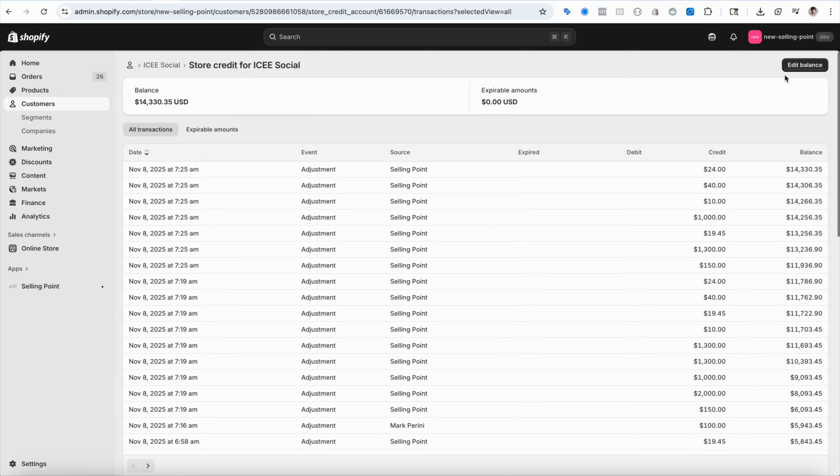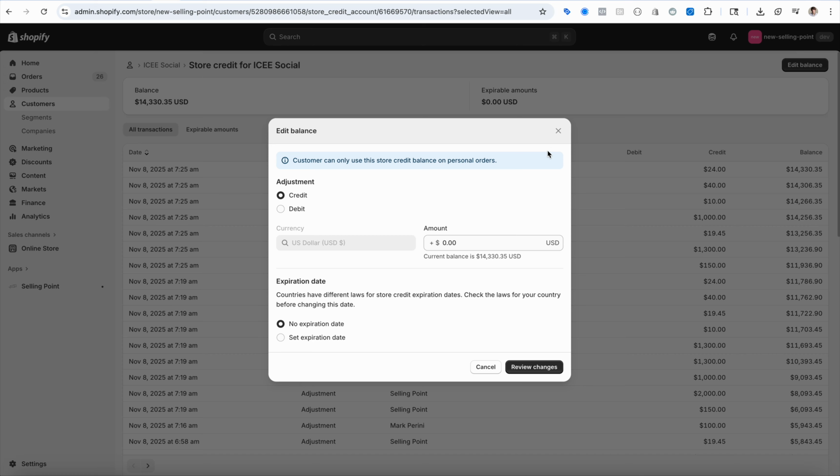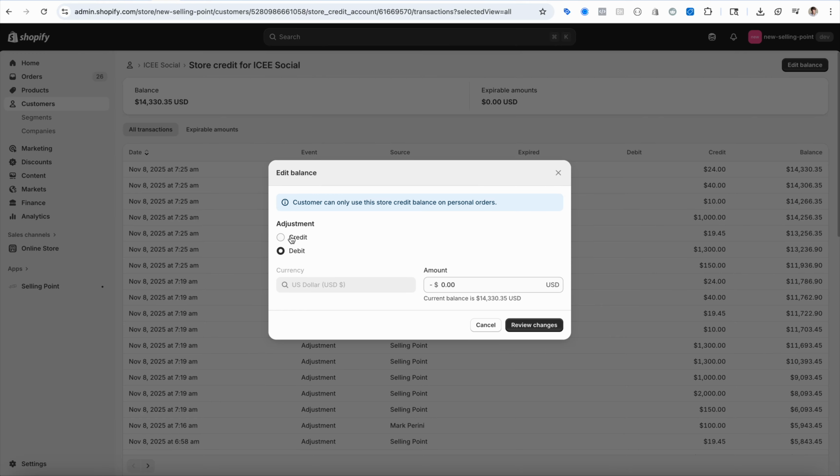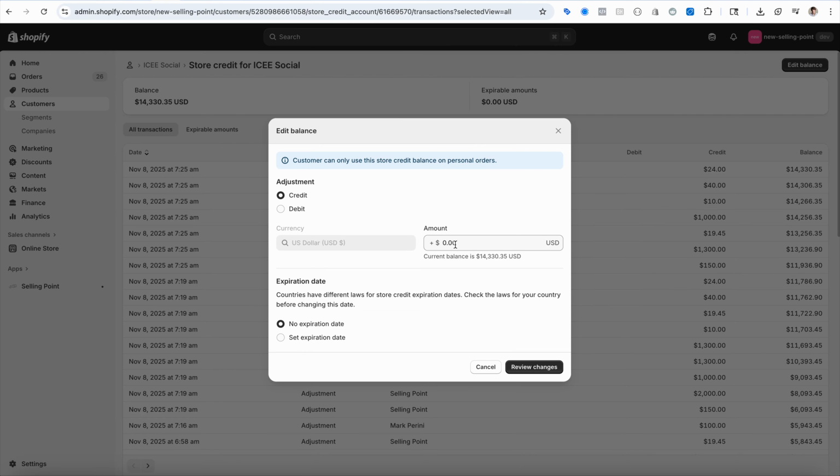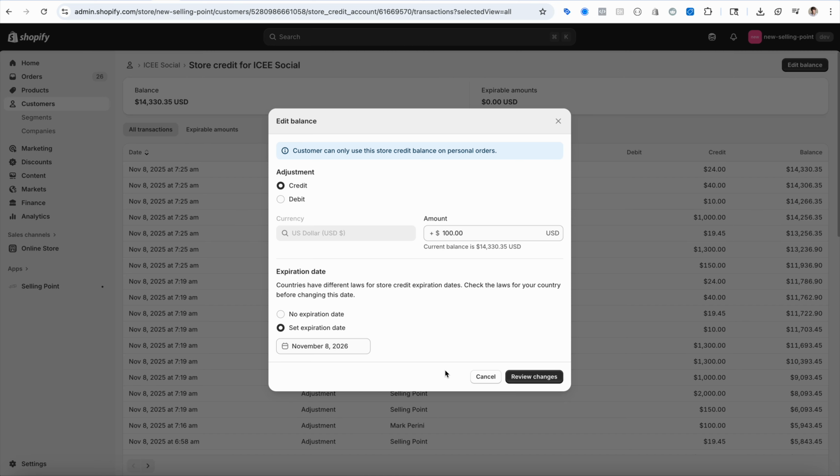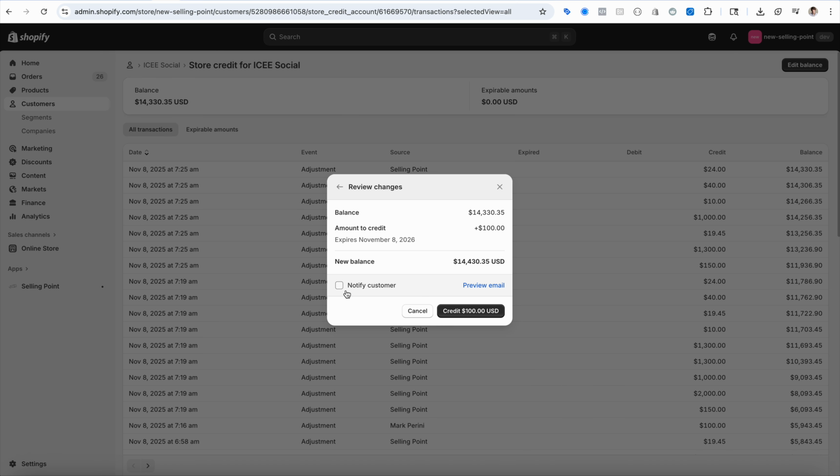But what you can also do that's pretty interesting, and this is nothing to do with the app, but this is just on the Shopify admin, is you can actually edit the balance on a per customer basis. So if you made a mistake or you want to add some store credit for a customer, you can do that with either a debit or a credit. So a debit would be deducting store credit and credit would be adding. So for this customer, maybe we're going to add $100 to their store credit, and we're going to set an expiration date of November 8th, 2026. I'm going to click Review Change,